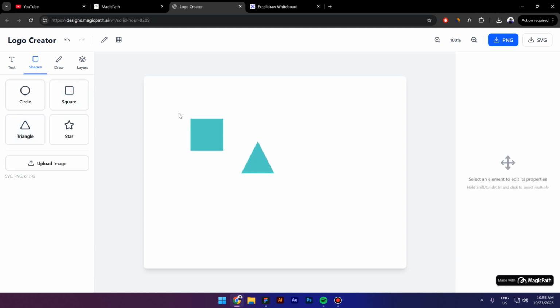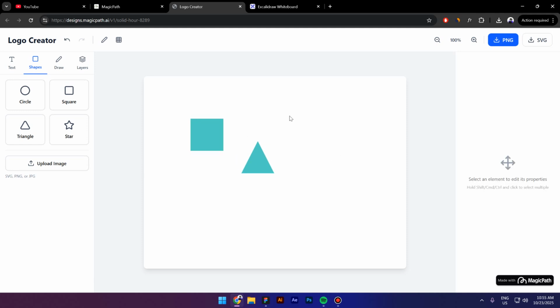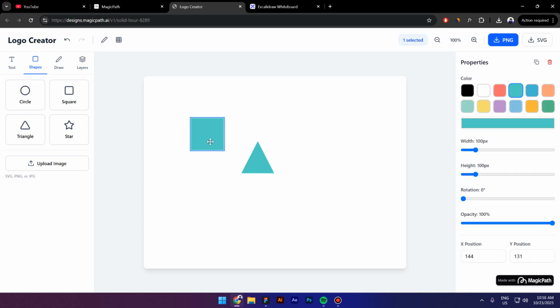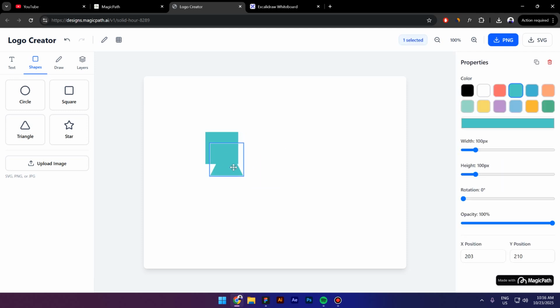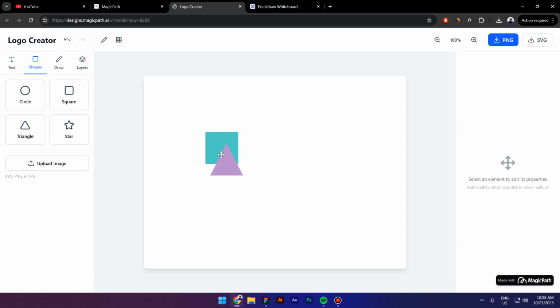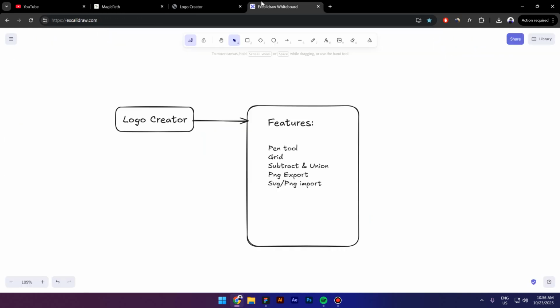One more, and let's try to select it. And we still can't select it, but if I select the first shape, press and hold shift, then select the second shape, I can actually select them both. So that is enough for me, to be honest. Now let's put them on top of each other, and next